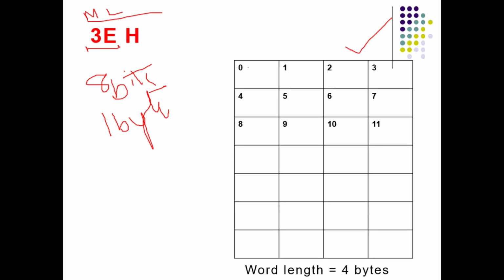We have one more, right? So I will directly store that 1 byte data in the first address itself, 0. My work is done. Now it doesn't matter whether I store least significant byte first or most significant byte first. So here little endian and big endian are the same.